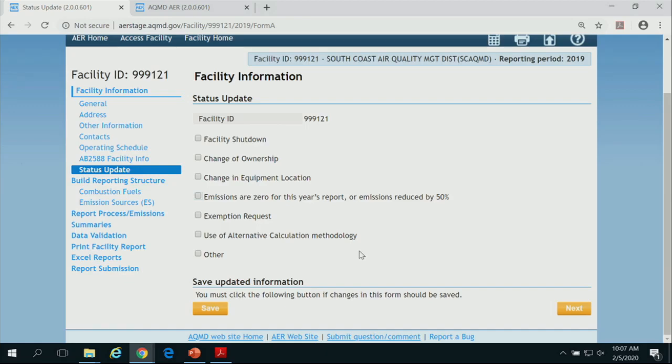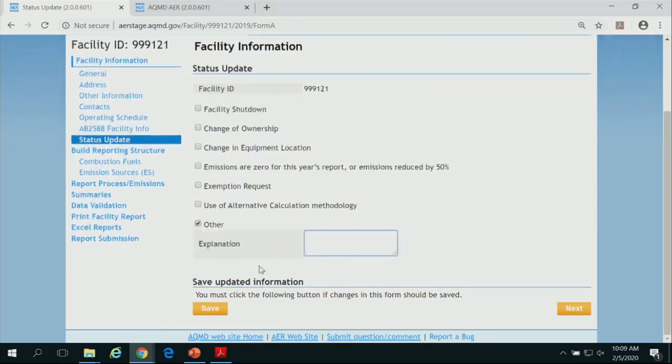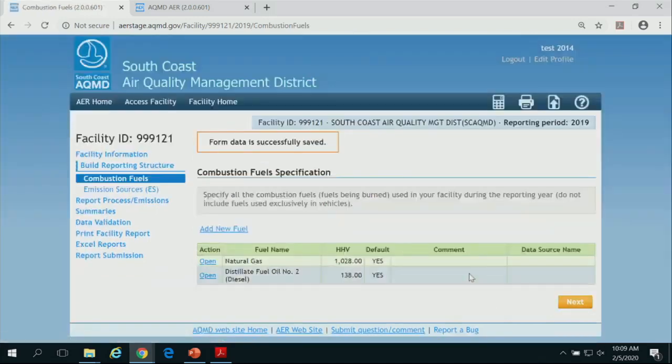We will take a close look at the situation. That rule is evolving and changing. What they require is that the owner of the facility before the reporting submittal due date is liable and responsible to report. But again, if you're not subject to that regulation, go ahead and contact us. We'll look into your situation in more detail. Okay. And if your facility has emissions of significance, the other field will be used if you would like to make any note about your report. So press next.